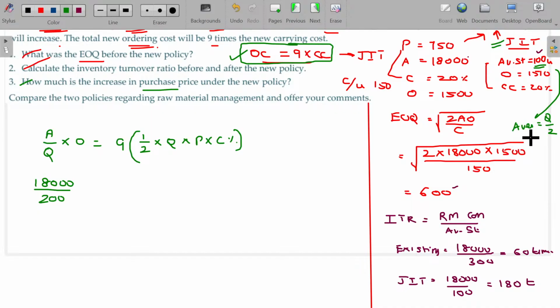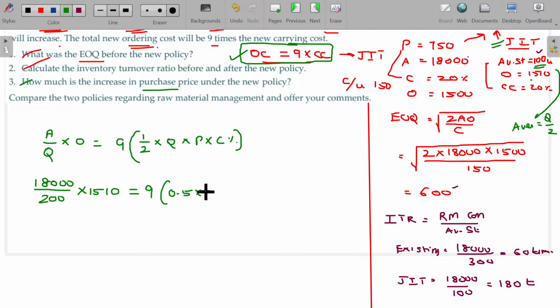So 18,000 divided by 200 into ordering cost. What is the ordering cost here? JIT approach is 1,510. This should be equivalent to 9 times